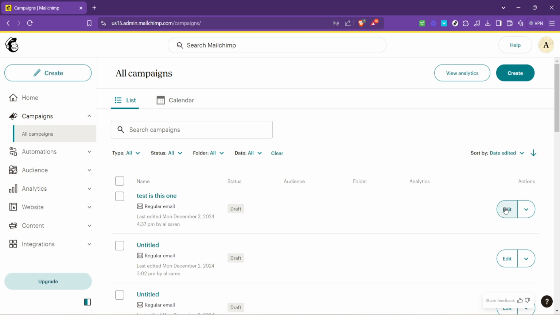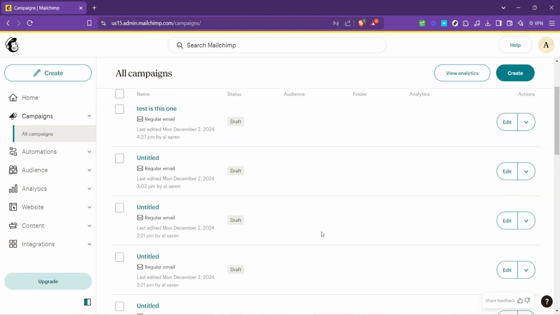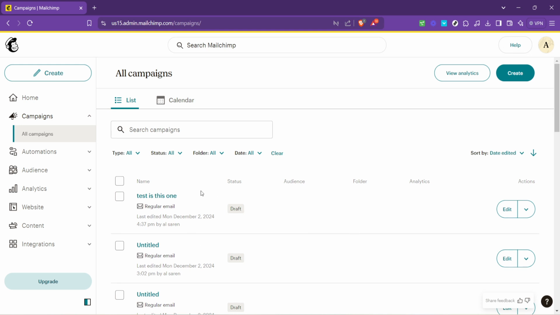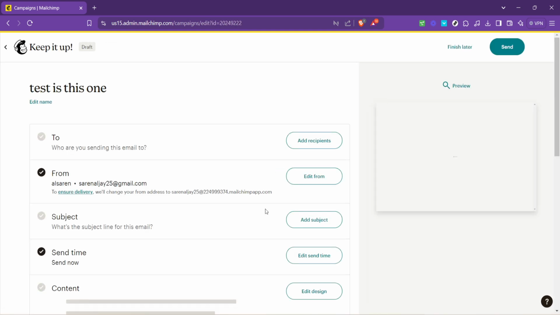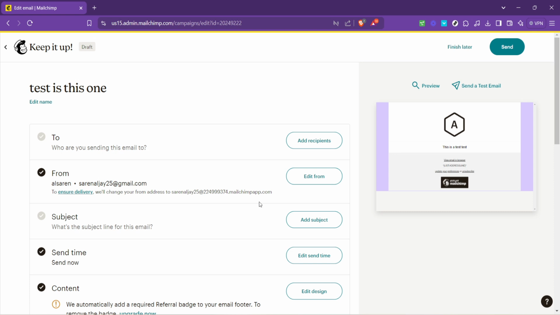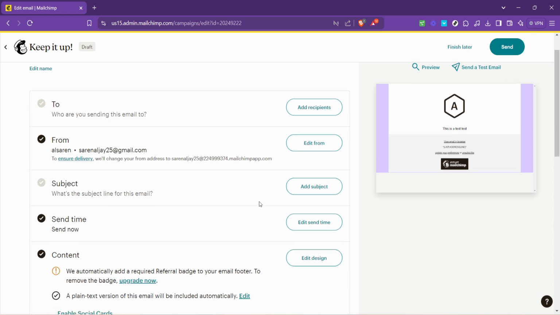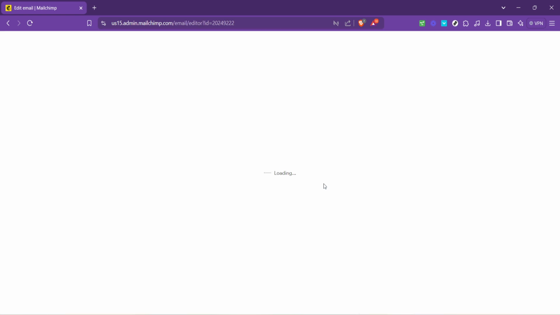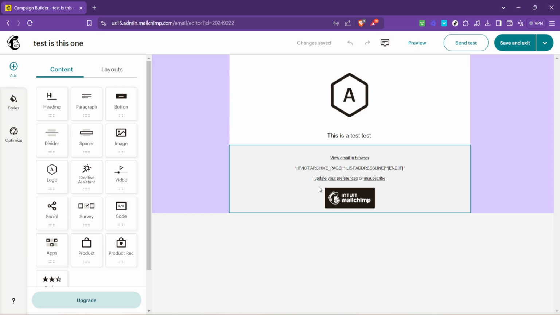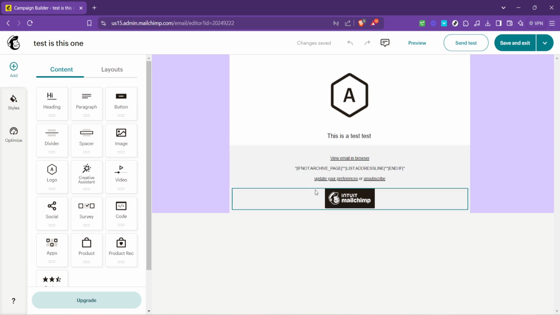After clicking on campaigns, take a moment to scan through your existing campaigns. You'll want to select a campaign you'd like to edit or create a new one if that's more applicable to your current needs. For the purpose of this tutorial, we're assuming you've already got a campaign in mind. Once you've selected your campaign, you will see an option to Edit Design. Clicking on this will take you to the editor mode, where you can add content including texts, images, and yes,